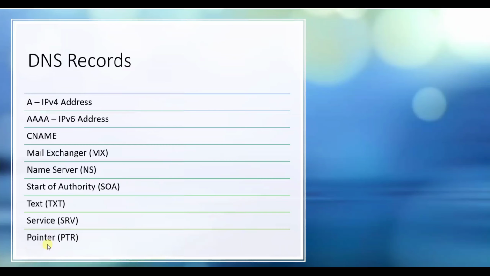And then we have a PTR, or pointer record. This basically translates your IP address into the domain. So it is a kind of reverse lookup. For example, if you open your browser and type an IP address in the URL, it will open a website directly. So it will run as a reverse lookup.